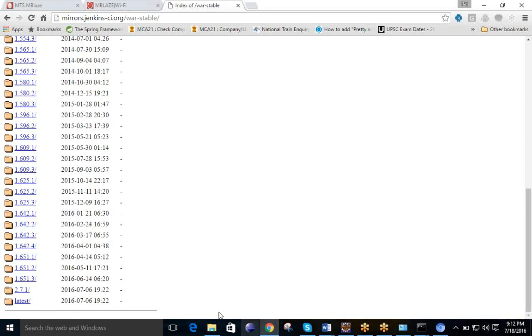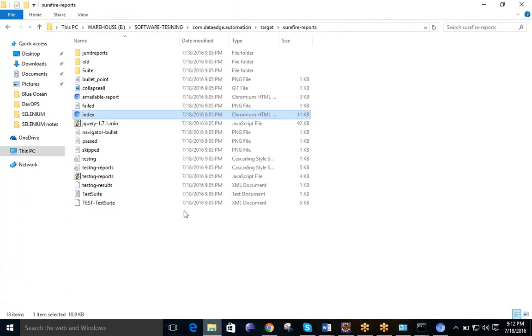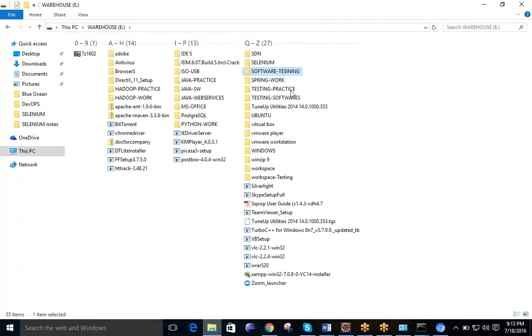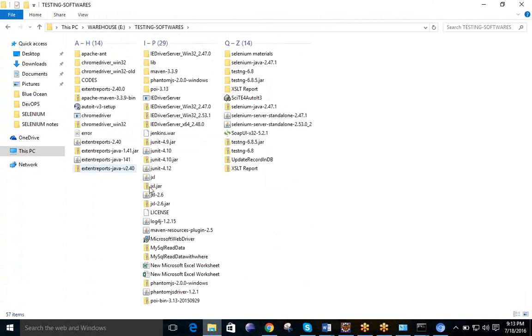The file you download will not be directly executable; it will be a WAR file. Let me show where it is. You can see this Jenkins WAR file, and if you download 1.6, it will be about 60 MB.